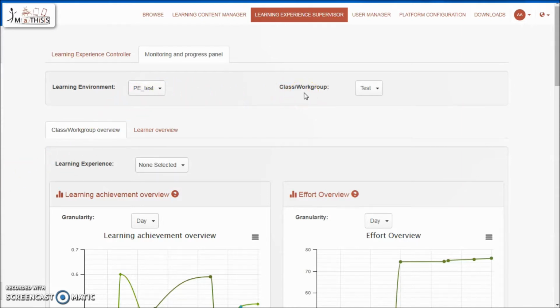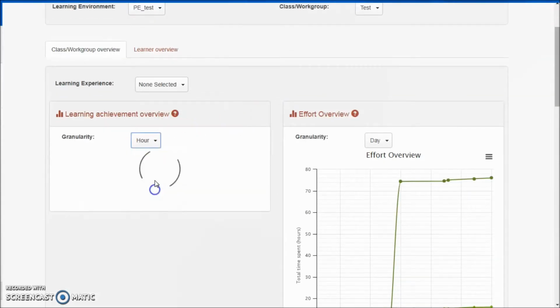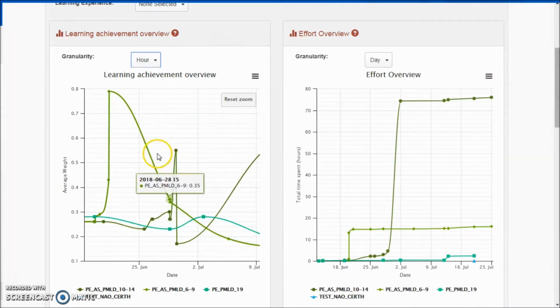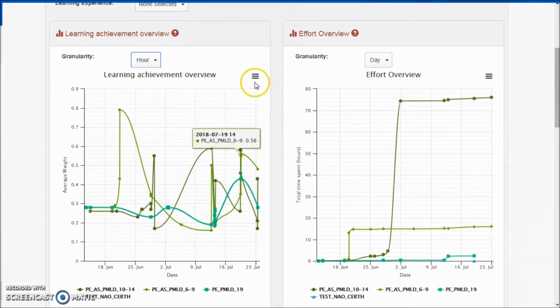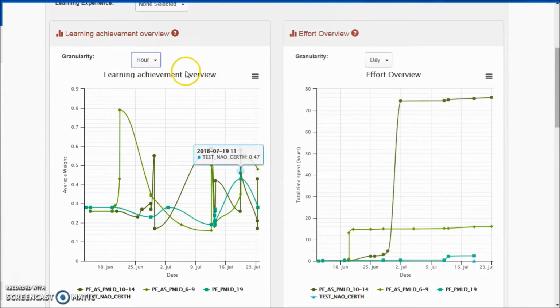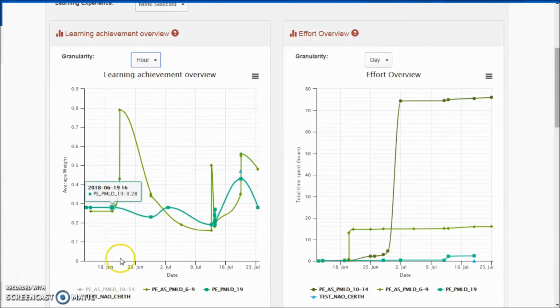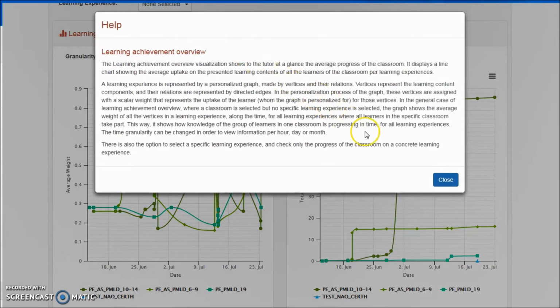Most of the graphs contain time granularity, which the user can change. It is also possible to zoom in on specific sections of the graph to see more details if needed. All graphs have an export functionality, which enables the export of the graph or the raw data in different formats. Specific labels can also be temporarily removed from the graph if needed. Finally, all graphs contain a help section where the user can find detailed explanations on the information displayed.